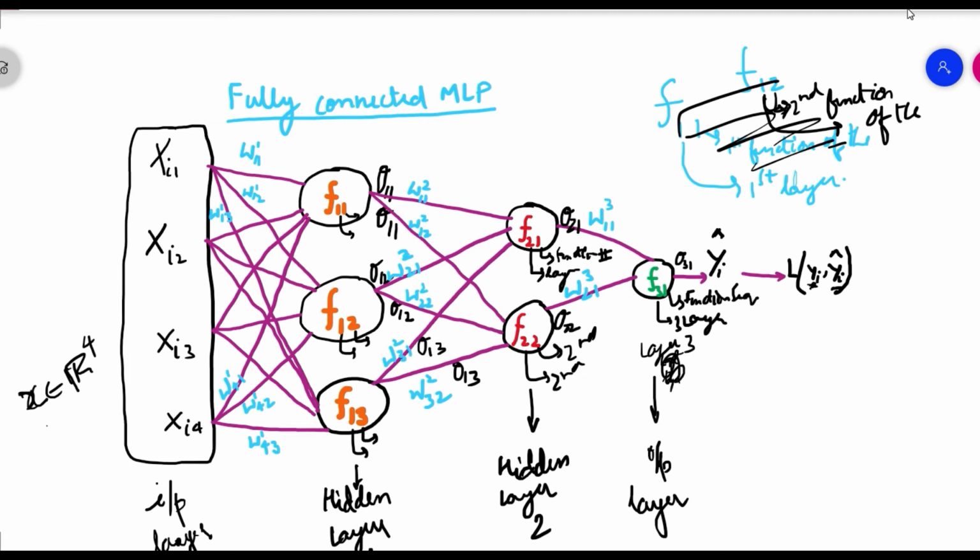Each of the weights is unique, and they must be represented in a way that they don't conflict with each other. So there is another notation that is used for weights. It's a bit interesting. For weights, if this is the weight we are going to represent, on the top we represent the layer to which the weight is going. So if this is 1, this means that this weight is going as an input to the first layer, that means hidden layer 1.